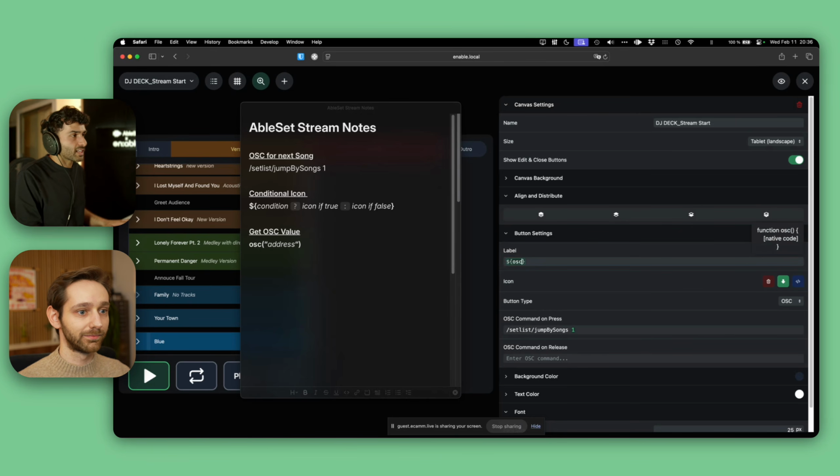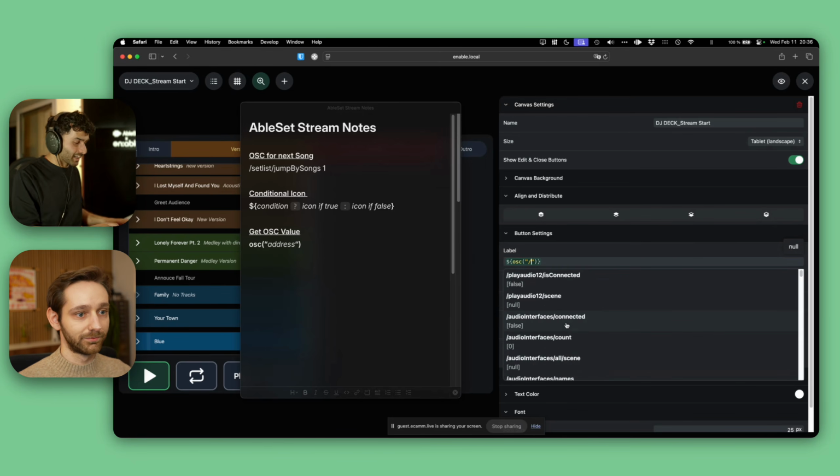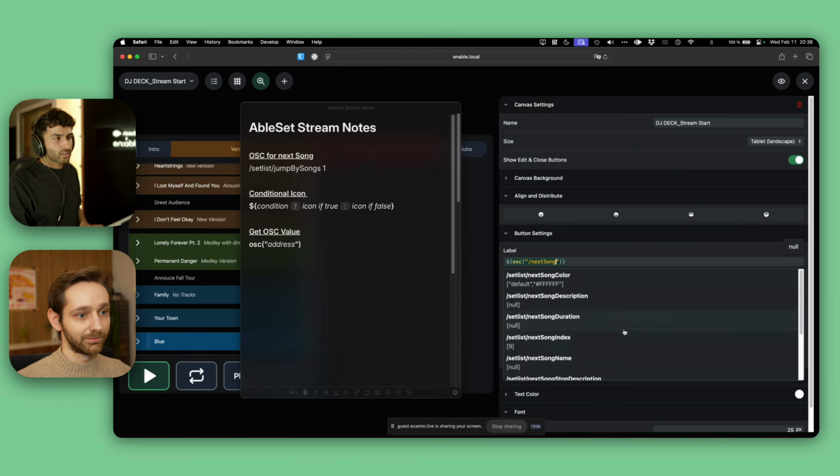So I'm going to just start by typing OSC, right? Again, down here, if you have OSC and templating, you have to type OSC and then parentheses and then in there, you got quotation marks, right? And that's where you're going to place your OSC address. So again, if I type / here, I get a lot of recommendations, I guess, and autocomplete options. So at the end of the day, I want to check whether a next song exists, right? So I'm just going to start typing next song, and I get a few options that are shown to me,